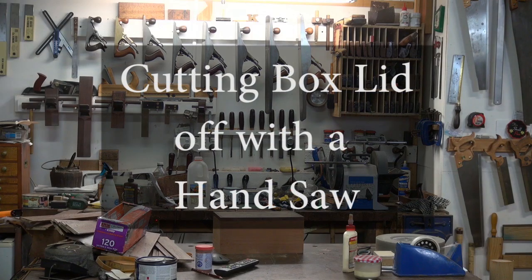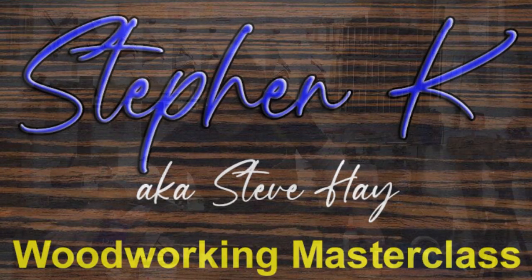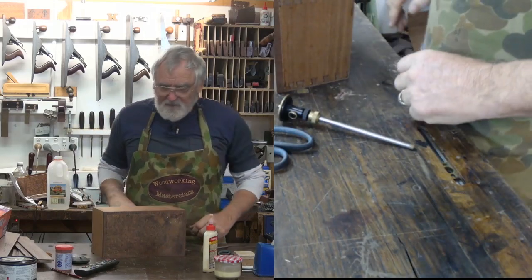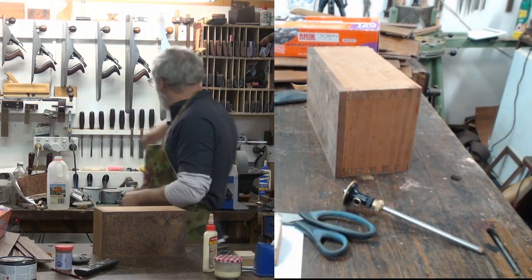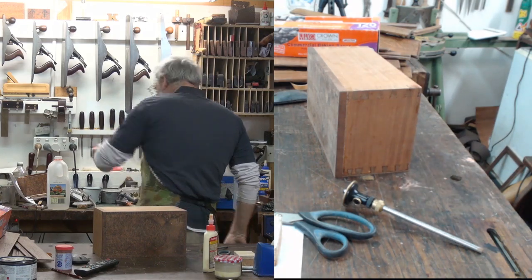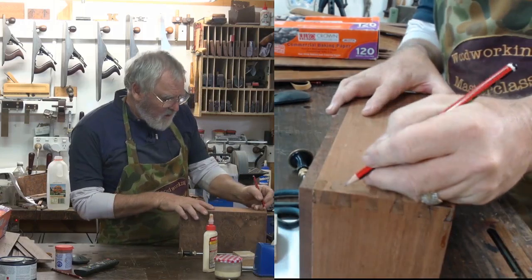Cutting a box top off just using a saw. First thing, work out where you want the box top to come off. This one's easy because it's, I think it was a demo one or something or other. And it's got dovetails in it. So I'm going to cut it off